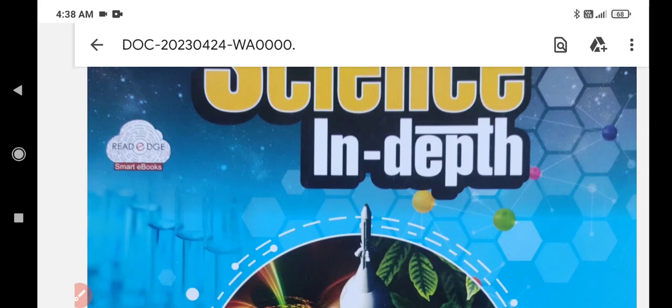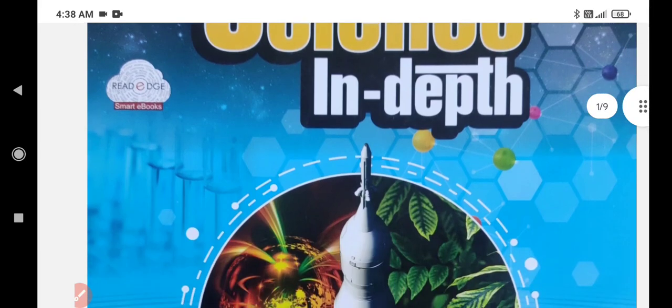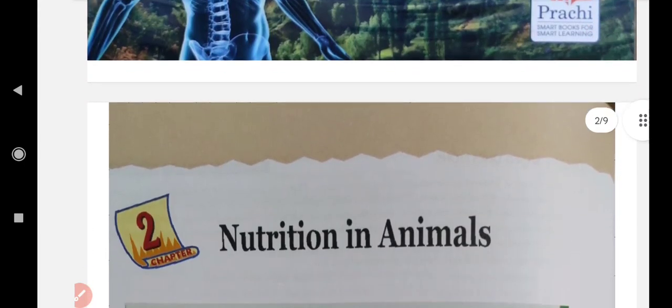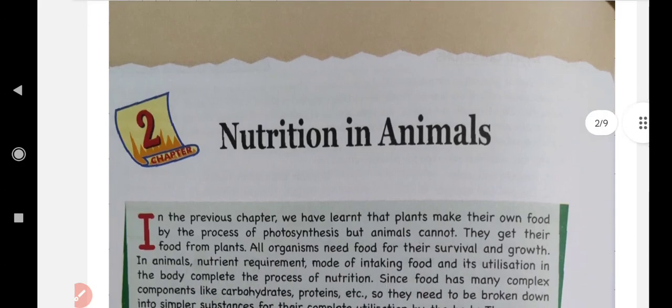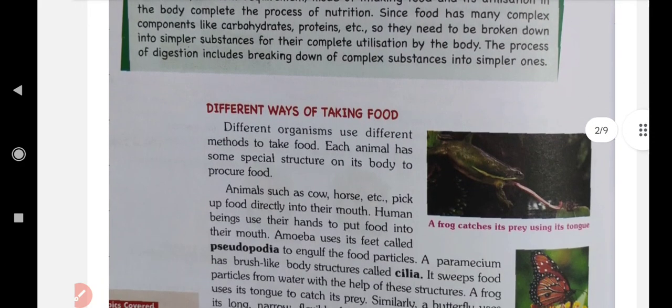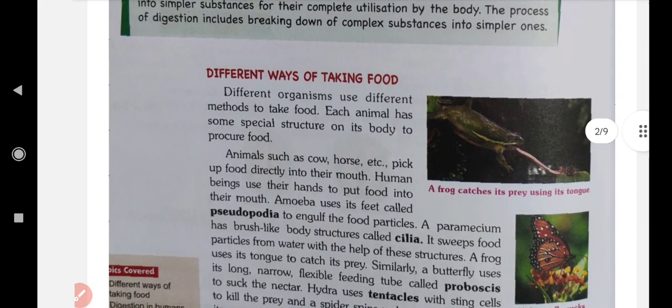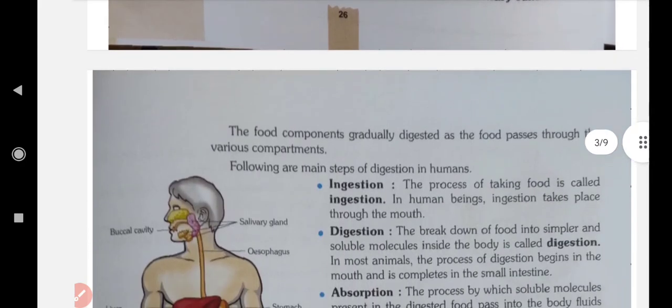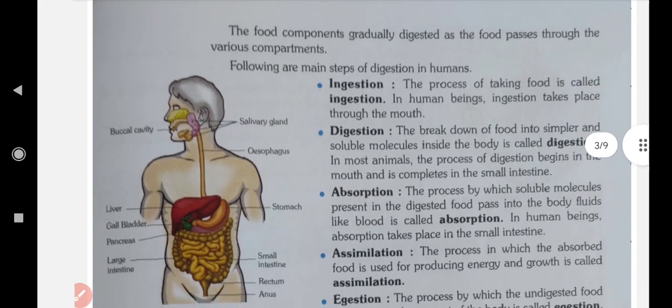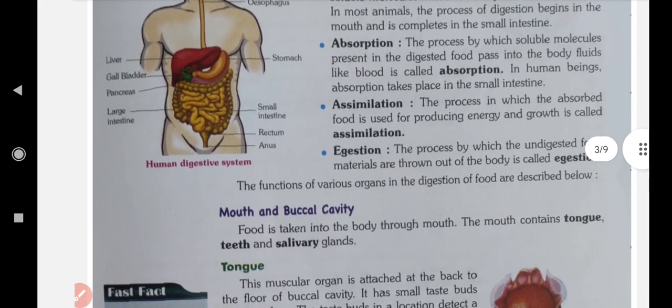Children, today we'll discuss chapter 2, that is nutrition in animals. Children, already we have finished in the class different ways of taking food, digestion in humans. What is ingestion, digestion, absorption, assimilation, egestion,